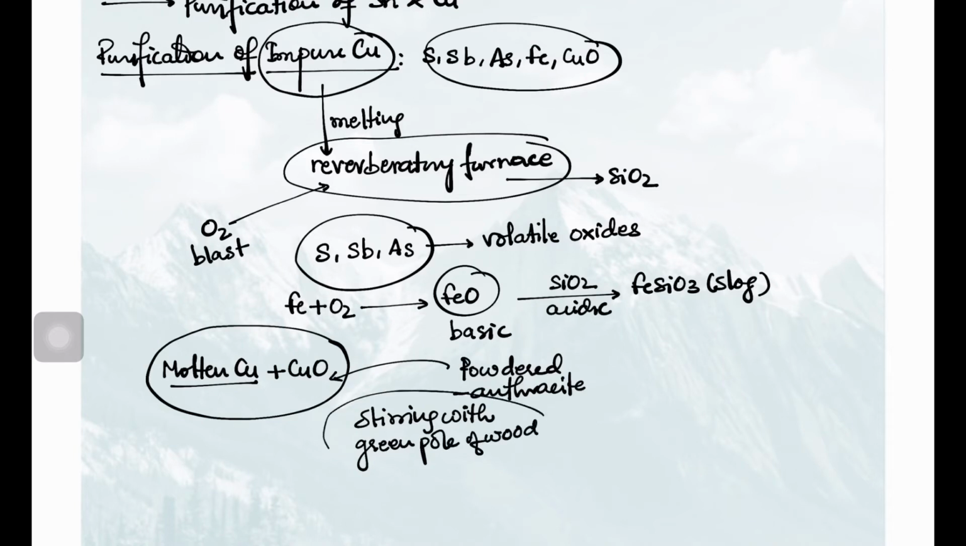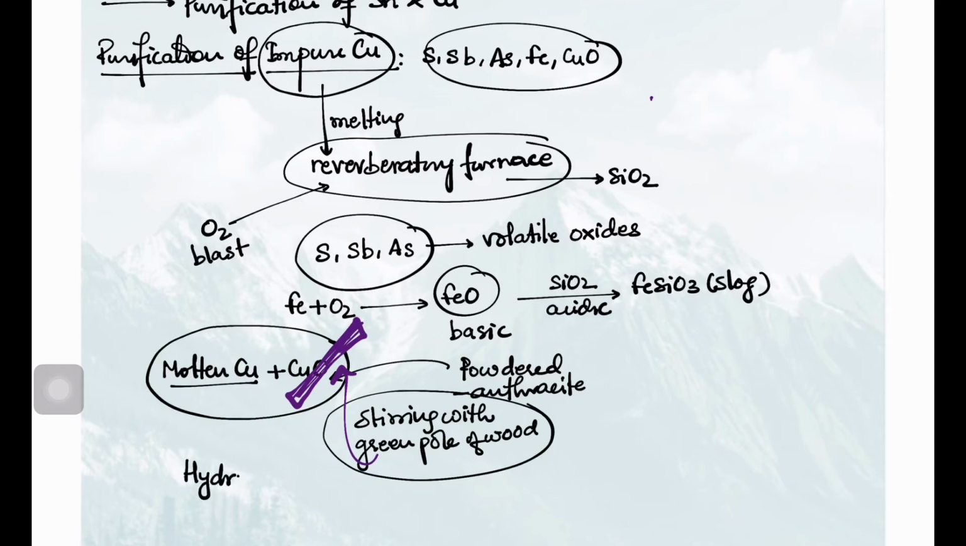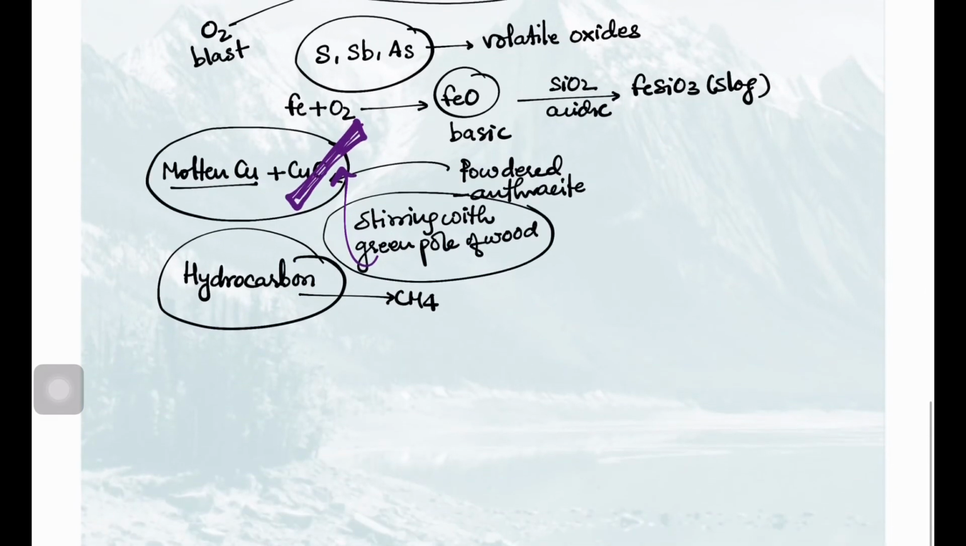Okay, so we stir it with the green pole of wood, suppose this is the green pole of wood. At that temperature, the temperature is high. Okay, so at high temperature this green pole of wood will liberate hydrocarbon gas like methane. Okay, now what the methane will do, it will react with the copper 2 oxide, and methane